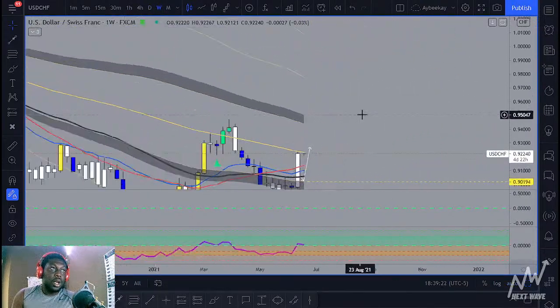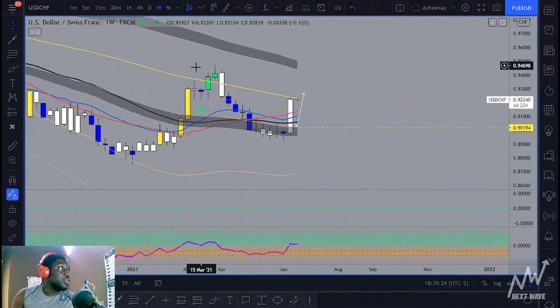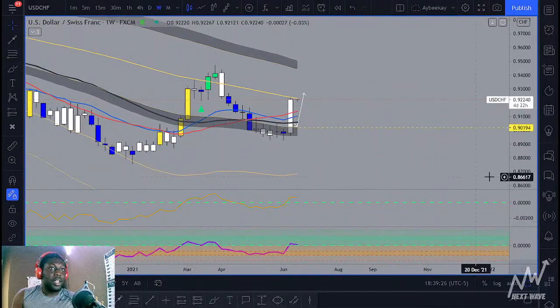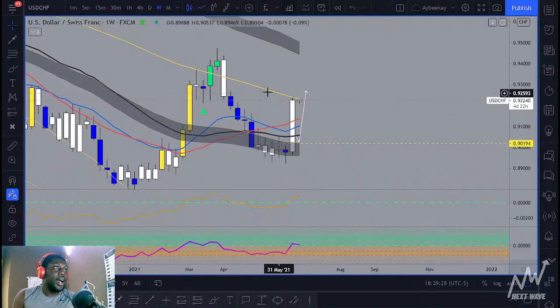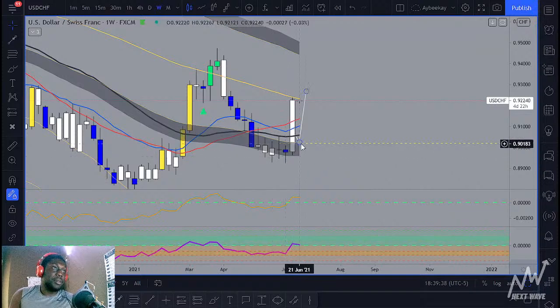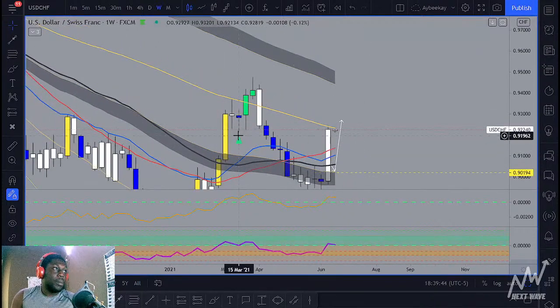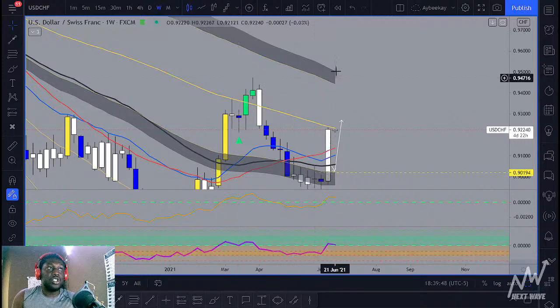Okay, so from the buy on the weekly that UChef had played out, this is exactly why I was so bullish on, or getting into buys on UChef, even before. I was just like, yo, I'm trying to get into buys, because price was still respecting and rejecting off of this lower danger zone, and the price had called a buy right here. Although I don't like where it called the buy at, I still wanted that retracement, and so now